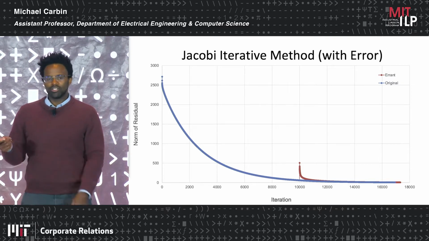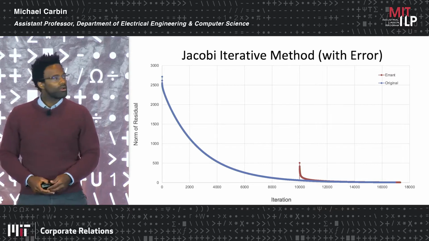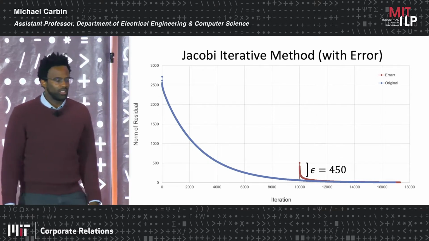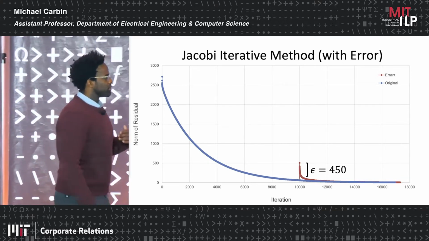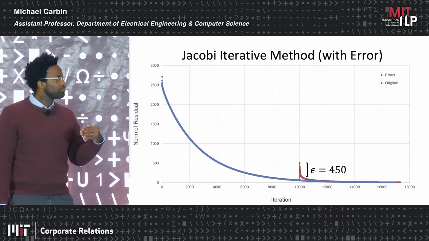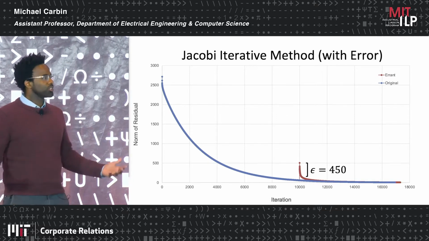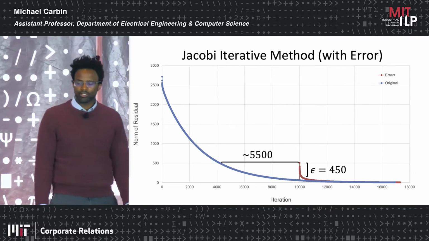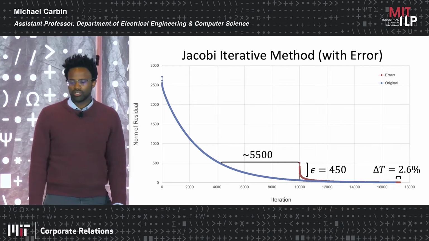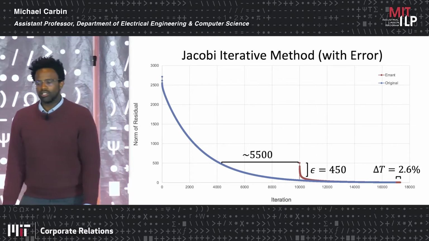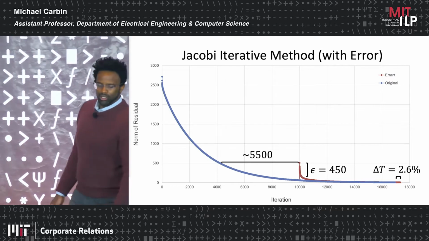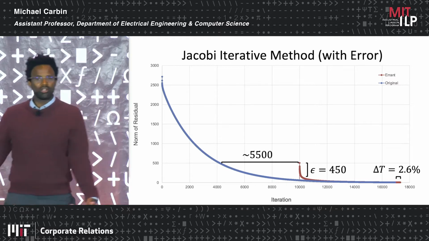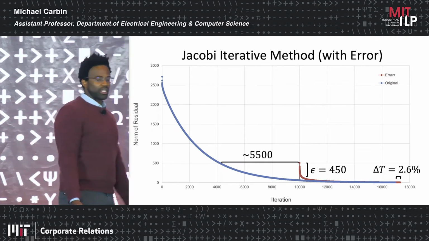What we've done here is at iteration 10,000 we've injected some error. What we can see is that this error actually looks quite catastrophic at the outset. Based on the errors that we've inserted, we've really jumped up the amount of error that we have in our overall solution at this moment. In fact, it looks like we've lost 5,500 iterations of progress. However, if you let this computation continue to run, what you'll find is that it eventually still gets to the right result with only about 2.6% overhead, 2.6% more iterations, even though this error has happened.